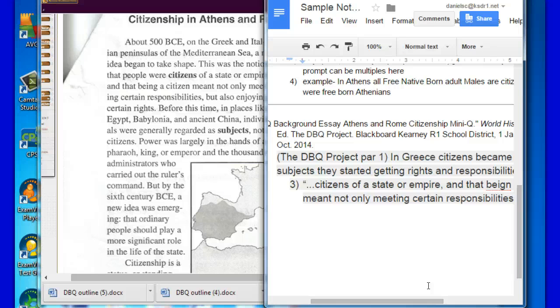But also enjoying certain rights. I'm not going to put a period here because in my paper, when I'm going to copy and paste this right in there, I will then put the citation for the DBQ project paragraph 1. So that would be the citation that would go in there. Now, the nice thing about this is that I can copy this right here,